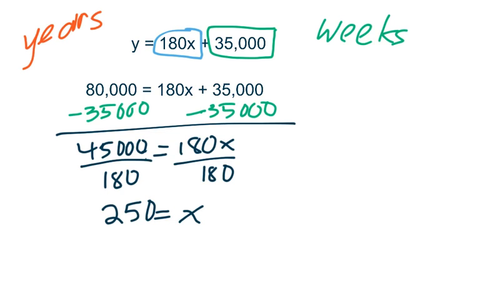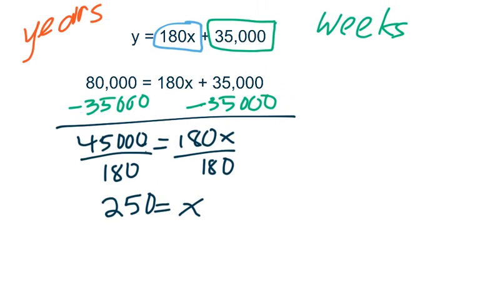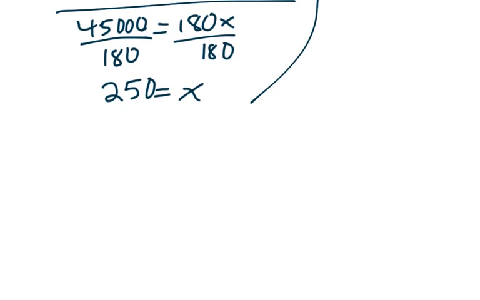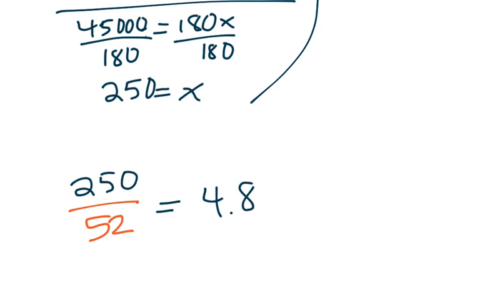Now this is where the thing about weeks and years comes into play. It's going to take 250 weeks. Well, I don't need to answer the question with weeks. I'm supposed to answer it for years. So I'm going to take that 250 weeks and I'm going to divide it by 52 weeks, which is the number of weeks in a year. And that's going to give me